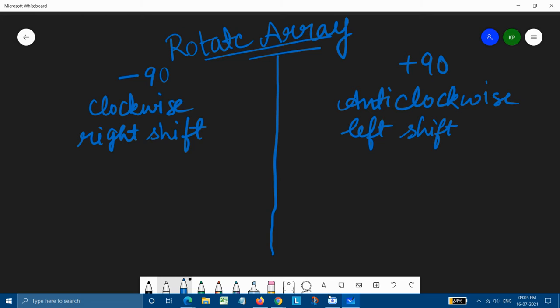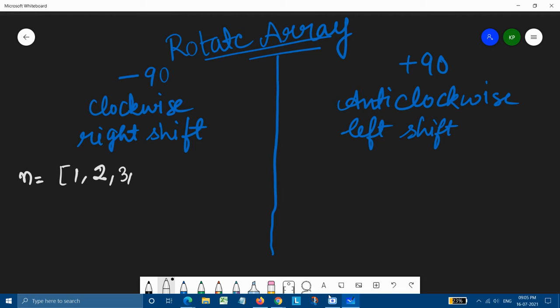So now let's take one example to specify how it really works. Let's take an array of size 6, not 0 index but 1 index only.